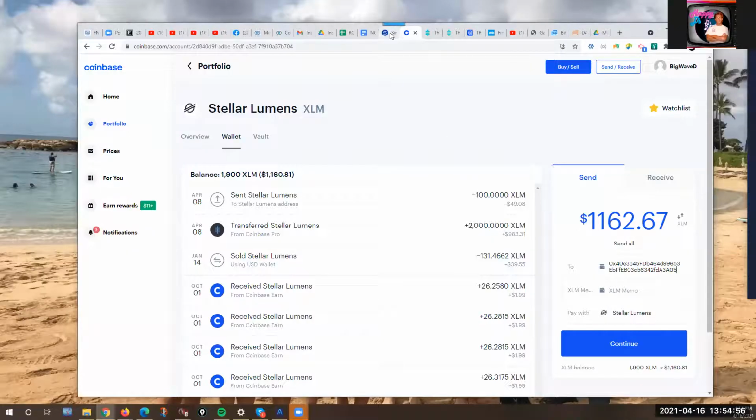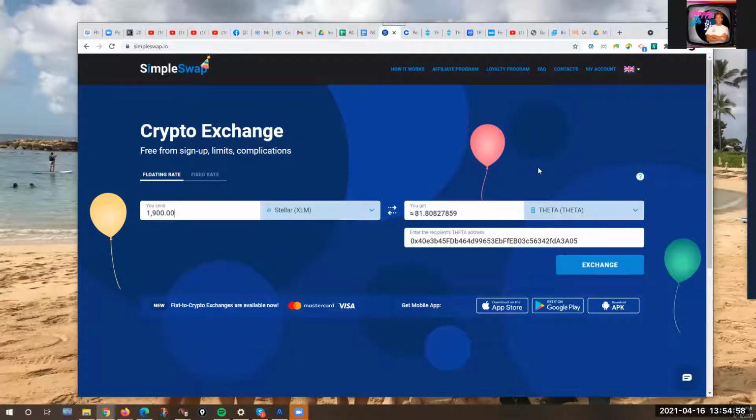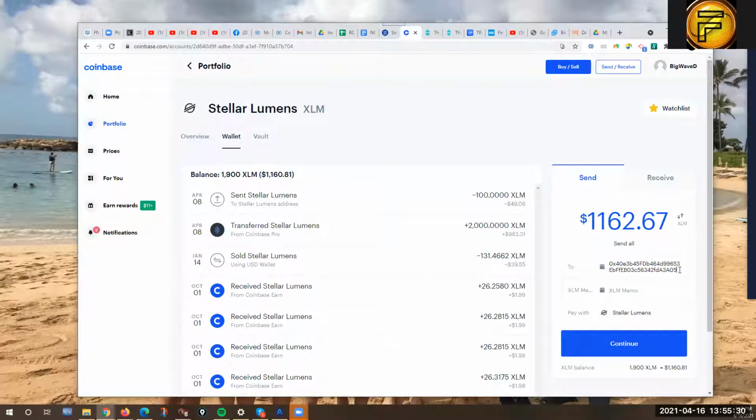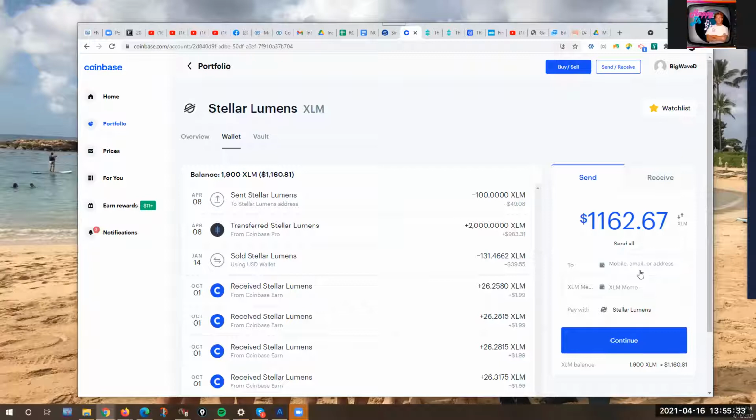So we know that what we want to do with the Simple Swap site, which is the address up here, is we put in how many Stellar Lumens I have. I've put in my Theta wallet address, and it says that I'm going to get this amount. So I hit exchange. Okay. Now it's going to give me this address with a memo that I'm going to put back into the spot on my portfolio. So I'm copying this to the clipboard, and this goes to Coinbase. Yeah. So now I put this in,